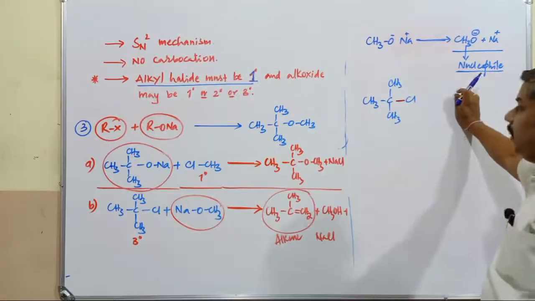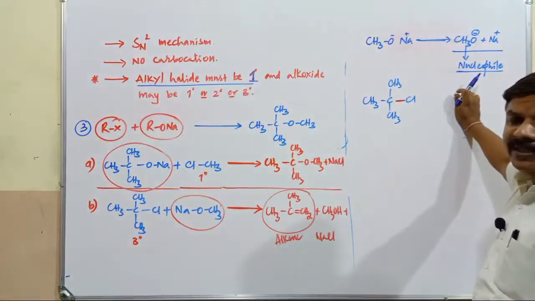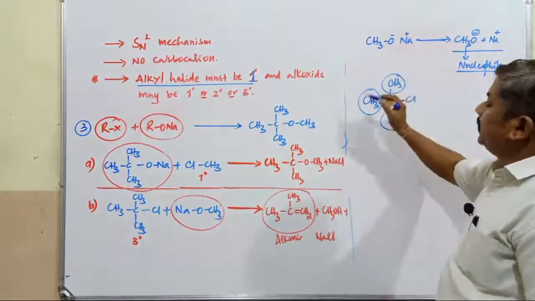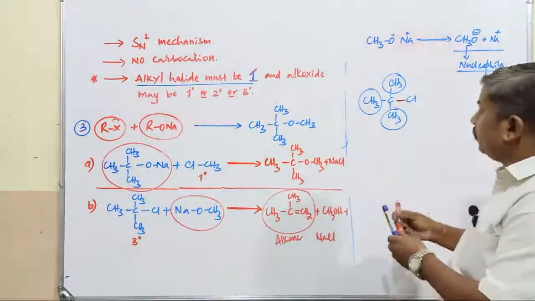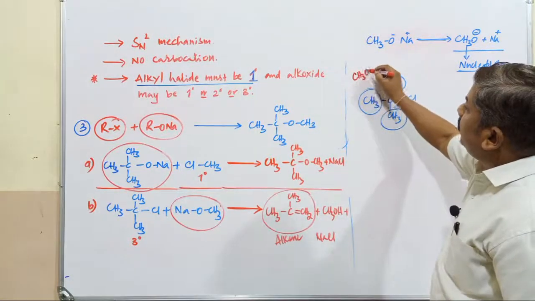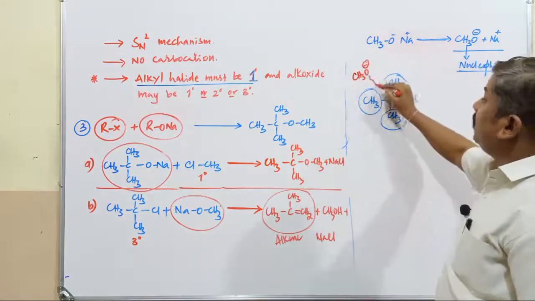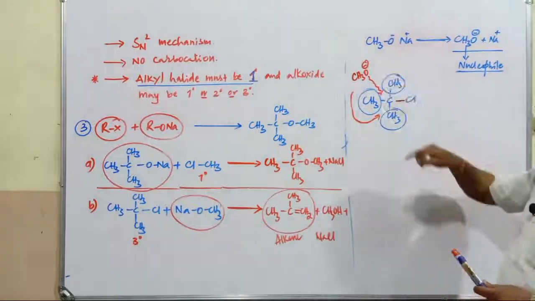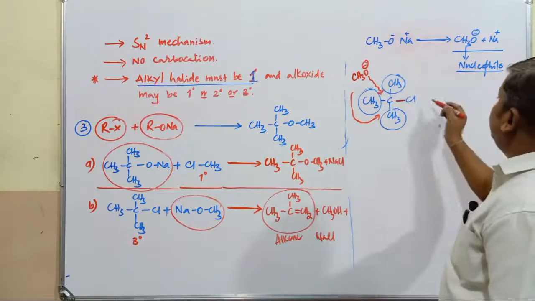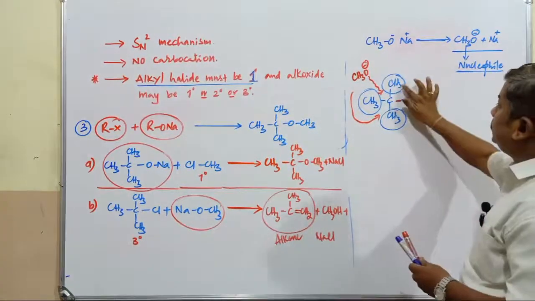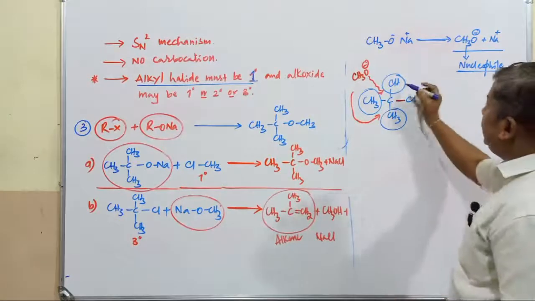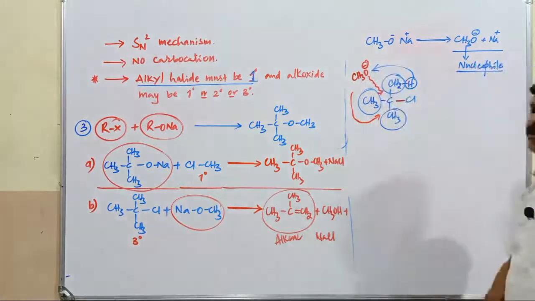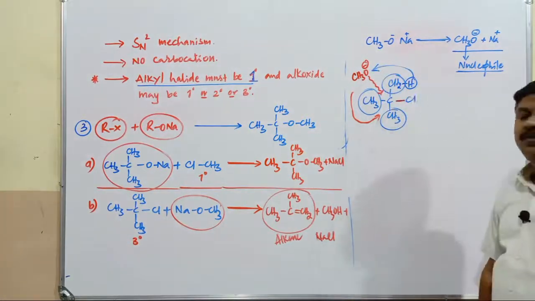In the SN2 mechanism, the attack of the nucleophile takes place from the back side. But here, bulkier groups are present. Whenever such bulkier groups are present, this nucleophile CH3O minus cannot attack this molecule either from here or from here. When this nucleophile cannot attack, it acts as a base for the elimination of one proton. The same structure I'll write here. This is CH2, this is going to be H. This proton is added to CH3O minus instead of the attack of the nucleophile.